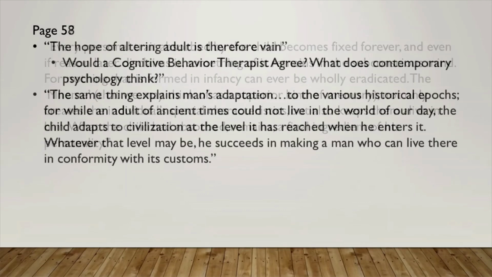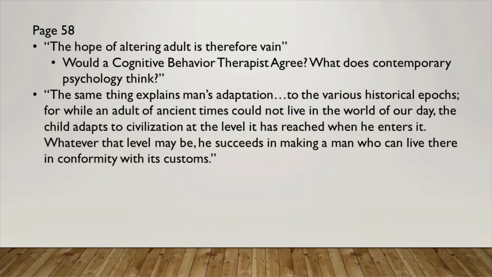On page 58, she says, the hope of altering the adult is therefore vain. And my question is, would somebody like a cognitive behavioral therapist agree? What does contemporary psychology think about that? It's definitely very difficult, right? I think we can all admit, man, if I had only just adapted or done something different earlier in life, it would have benefited me now as an adult. I think we can all agree on that, right? But to what extent? And can we